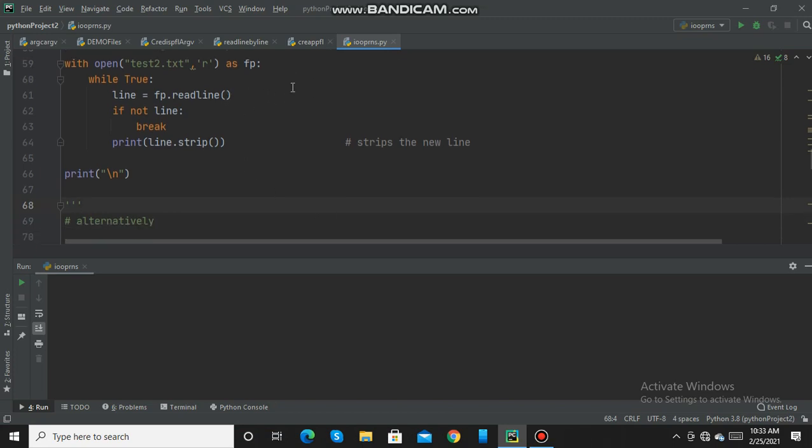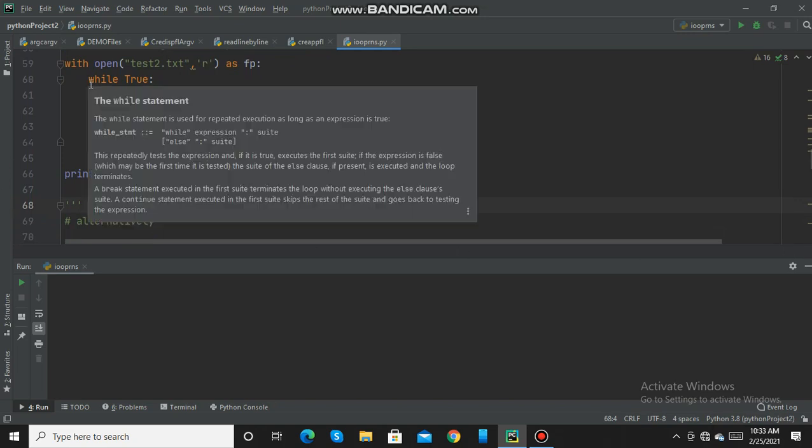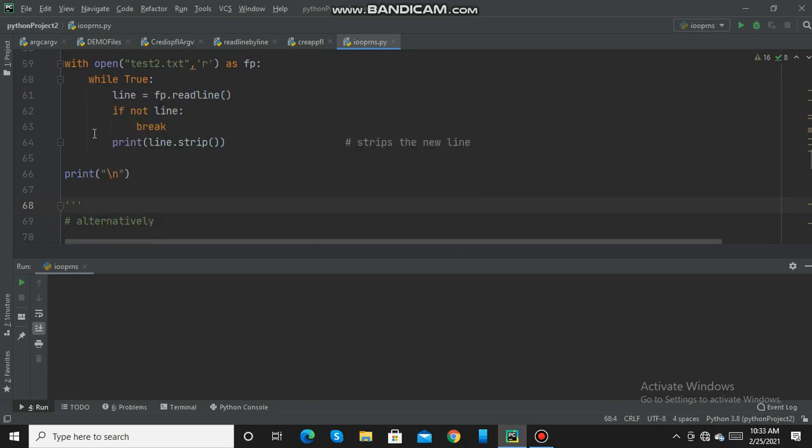So here I am opening the file test2.txt in read mode. Then in this while loop, while True, I am reading the first line into variable line. If there is no line, it will break, it will come out of the while loop. If there is a line, it will strip the line and print the line.